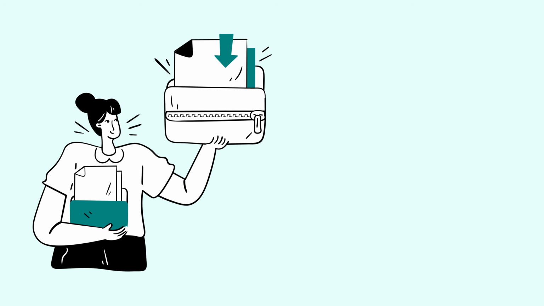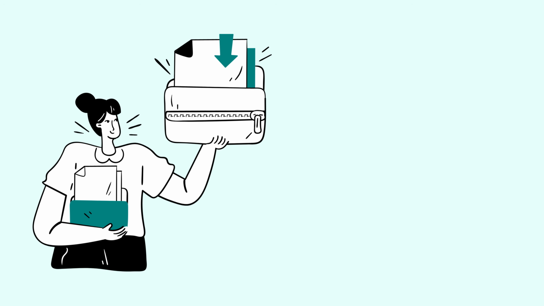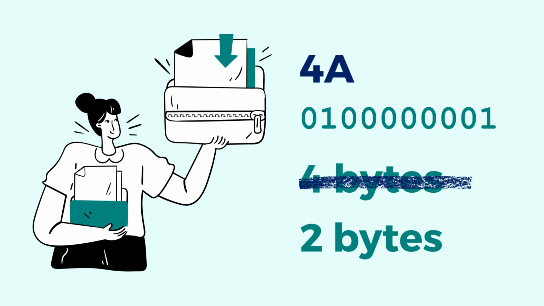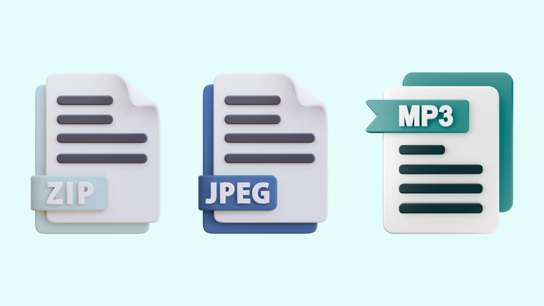Additionally, binary is also key to file compression. Computers can find patterns in binary numbers and store them more efficiently. For example, if a text file has repeated letters like AAAA, instead of storing this 4 times, compression can store 4A in binary form to save space, which means instead of taking 4 bytes of storage, it now only requires 2 bytes of storage. In other words, a 50% reduction in storage consumption. This compression is basically how formats like zip, JPEG, and MP3 reduce file sizes while keeping your data intact.